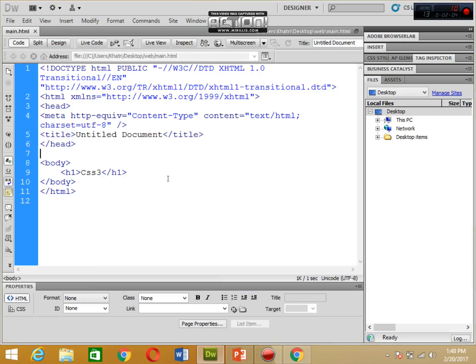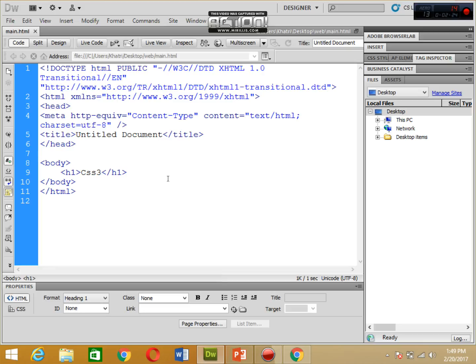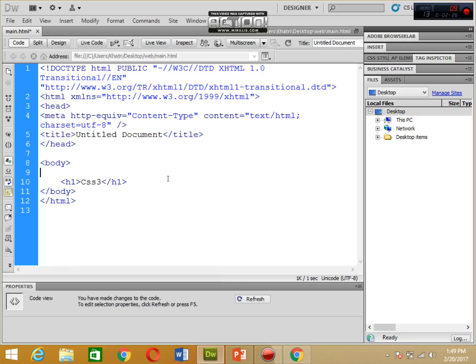First of all you need to understand we have three types of style sheet: internal, inline and external. We need to understand what is an inline style sheet, what is an external style sheet, and what is an internal style sheet. I will first give a comment so that you can easily understand which type of style sheet I am working on. So here, inline, you can see this inline, right? This is called the inline style sheet.